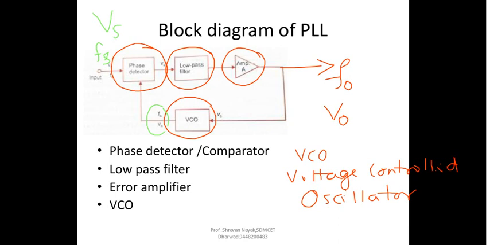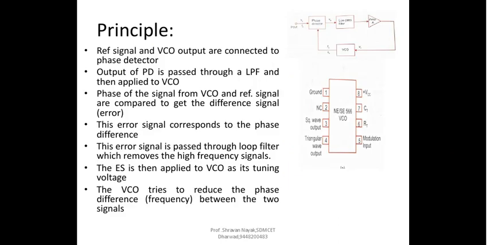You have got a phase detector which gives certain output here, then that is passed through a low pass filter, then it goes to an error amplifier, and here you get the required output, and this output is again fed back to the phase detector through the voltage controlled oscillator, right? And this is the general structure. And now let us try to see how exactly this block diagram can be further explained in terms of its working. Okay, now we will go to the next slide,